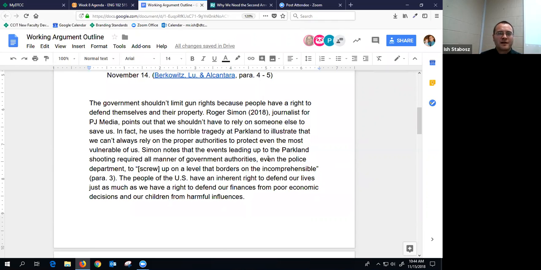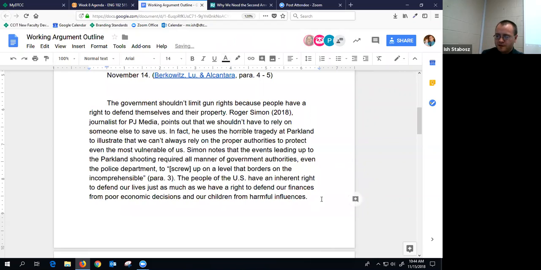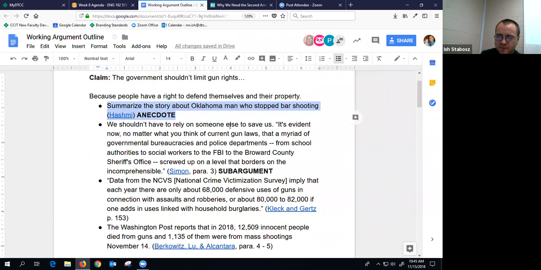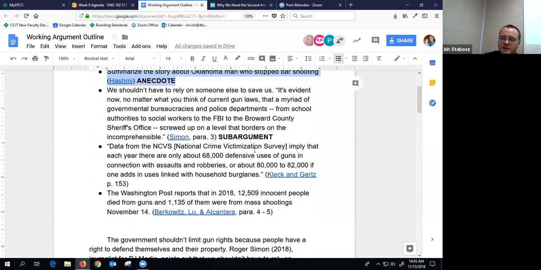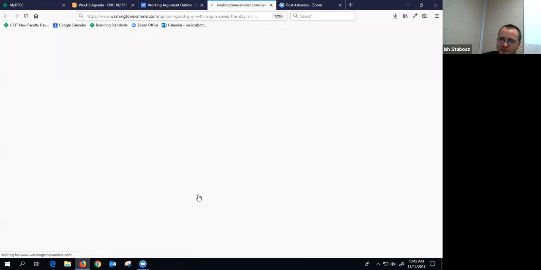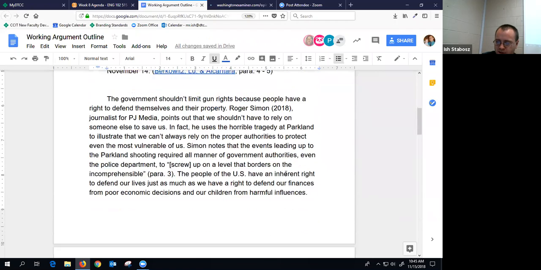But I know part of rough drafting is getting your ideas out. What I'm trying to do is make an analogy that people have personal responsibility and rights, regardless of whatever they are, right? You get to control your own lives, your own self. So I am going to move on now to talk about this case where a person did defend themselves and others. Let me open that source and